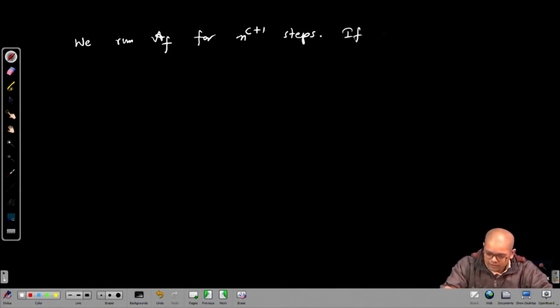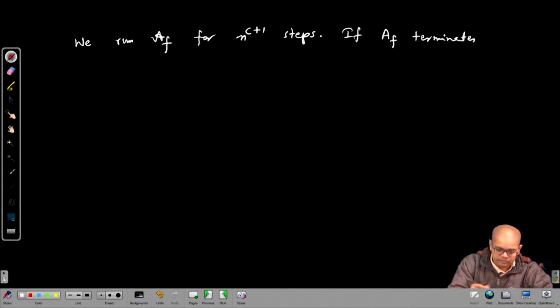If AF terminates within n to the c plus 1 steps,